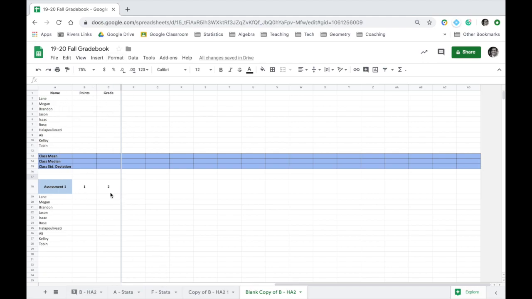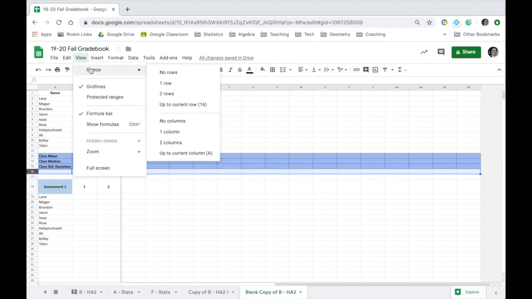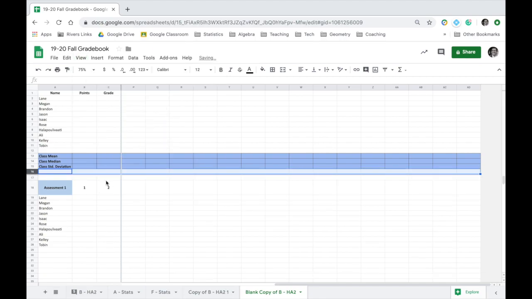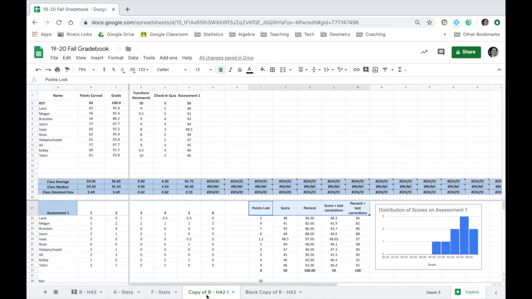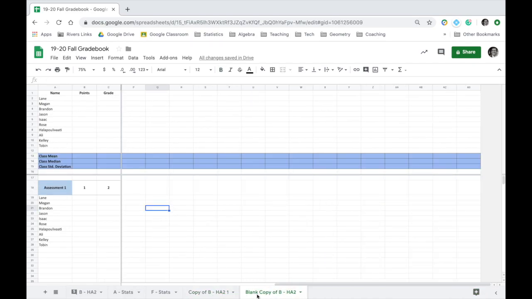Now let's freeze it from the bottom up. So we'll click on 16 and we'll say View, Freeze, and we will freeze up to the current row. And now we have this cross with the silver lines, just as we do over here. All right, so this is some of the basics of getting set up, the vocabulary, how do you position things